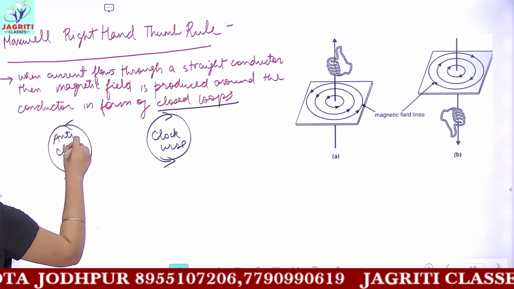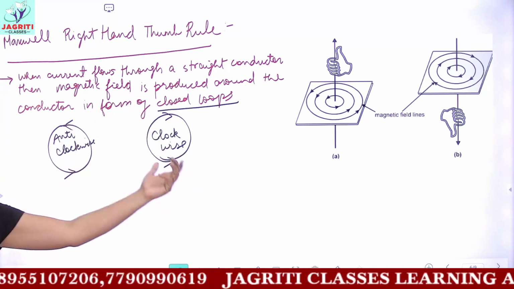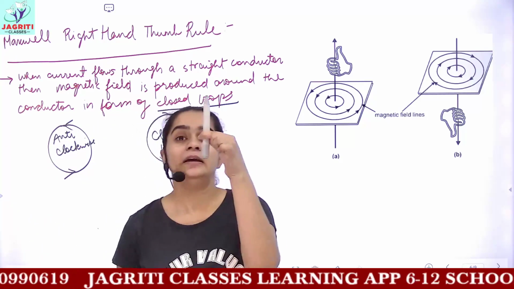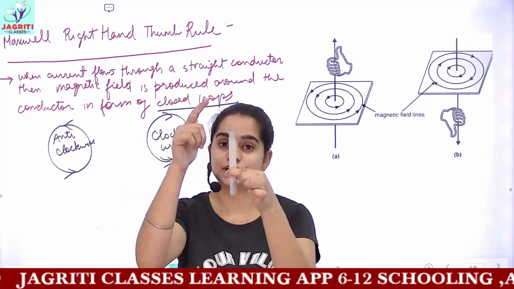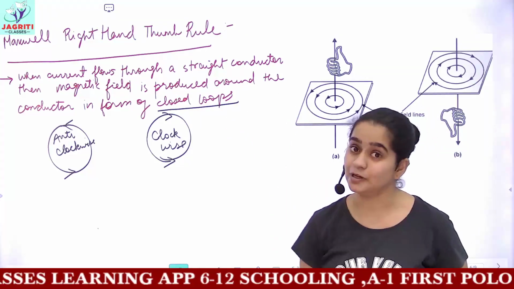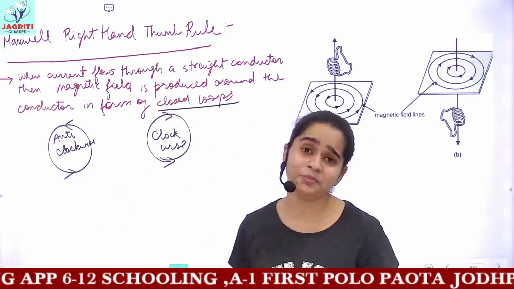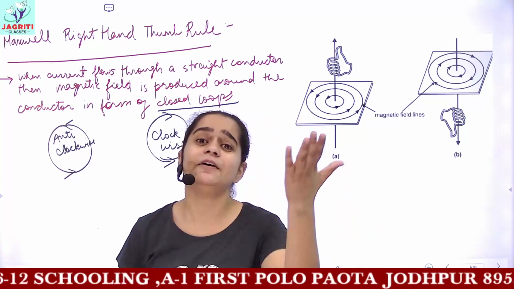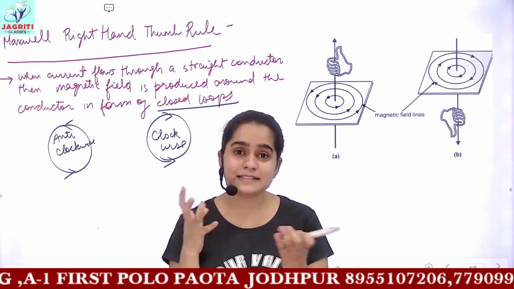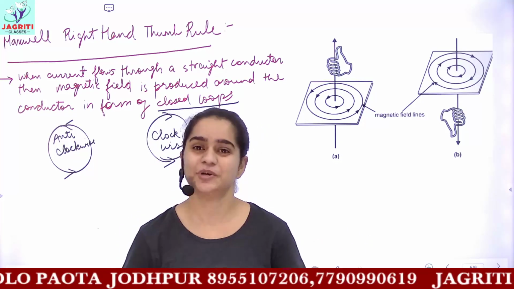So you can have two different directions. To identify in which direction the magnetic field is produced whenever you are holding a conductor, let's suppose this is a conductor and the current is flowing in the upward direction. Maxwell proposed a rule which is called Maxwell's right hand thumb rule. Remember, most of the students make mistakes in exams. It is a right hand thumb rule, so why do you start to use your left hand? Remember, right hand thumb rule, you have to use your right hand only. In exams, we are in a very hurry, and then we make mistakes even in simple questions.